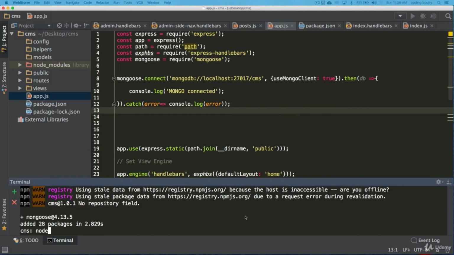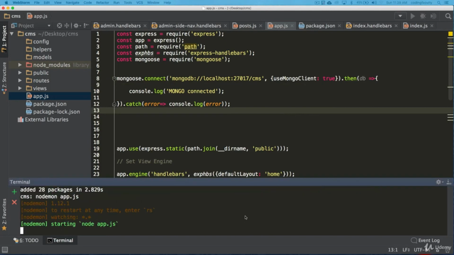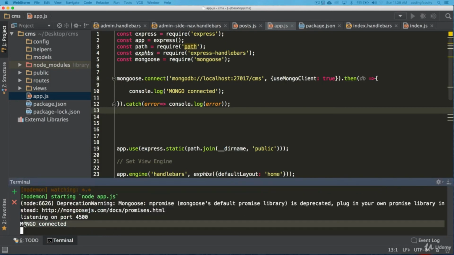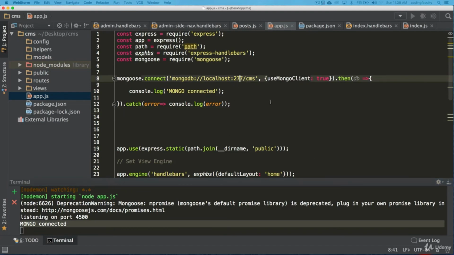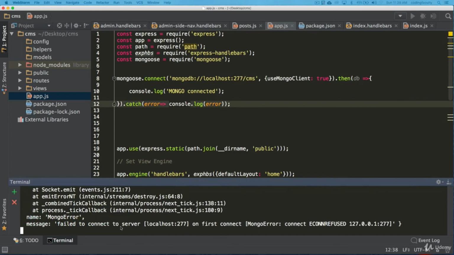So then let's do nodemon app, and it says Mongo connected. So Mongo is connected. Now if I make some type of mistake here and I do that, now we get that error, right?